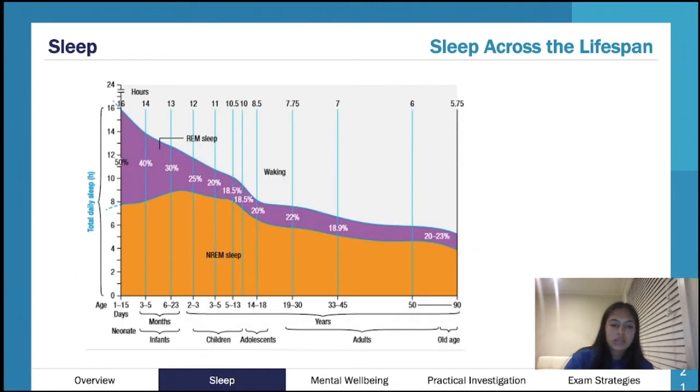Okay, so this is a lovely diagram that shows that. You can see your REM sleep is purple, and as a neonate or an infant, you can see that it's about 8 hours in NREM and about 8 hours in REM. So it's that idea of 50-50. And then as you get to, let's say an adult around here, you're about 20%, 25-ish, and you're getting about 8 hours-ish of sleep as well.